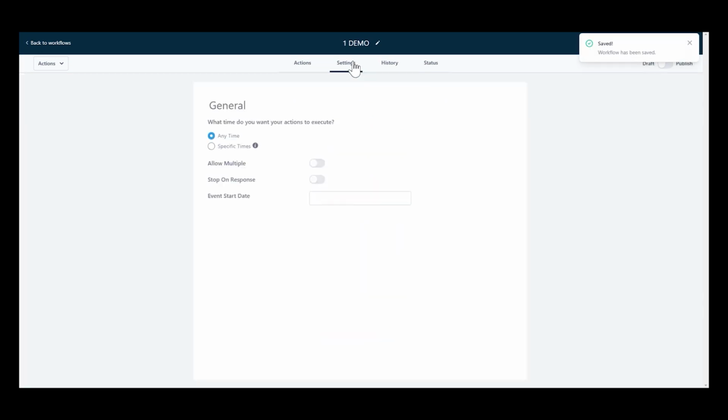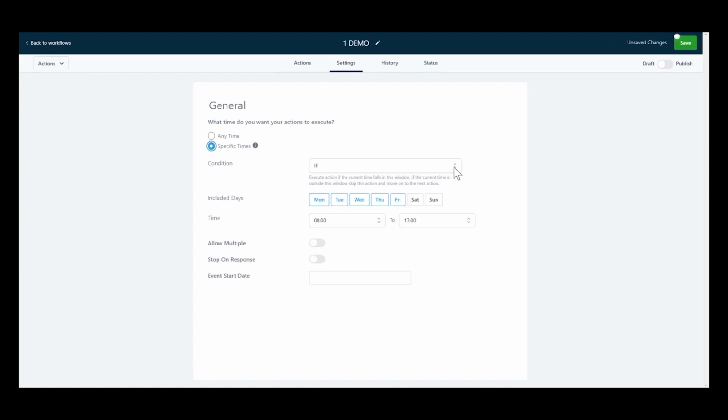We will now have a look within the Settings tab. You can select options for what times you want your actions to execute. The if condition is explained in the text below, meaning that any actions in the workflow, when it is actually sending messages, it will only execute that action if the current time falls within the windows below. With the if condition, if a contact rolls into the workflow outside of the window, it will skip that action